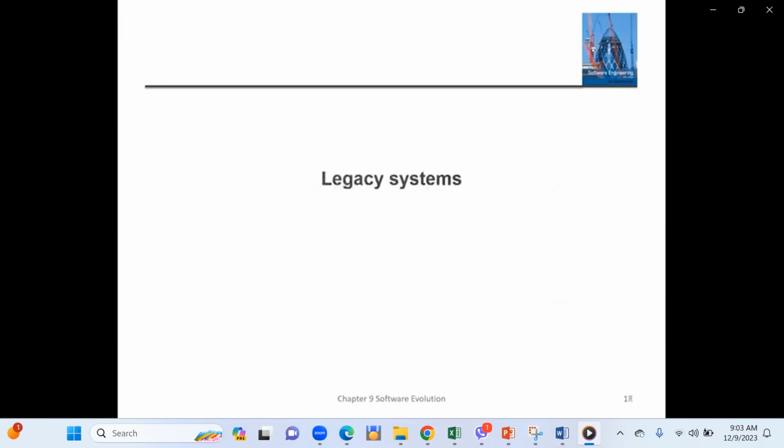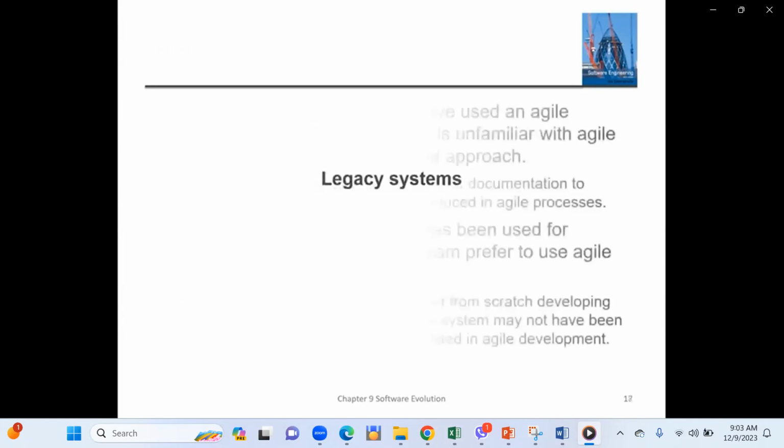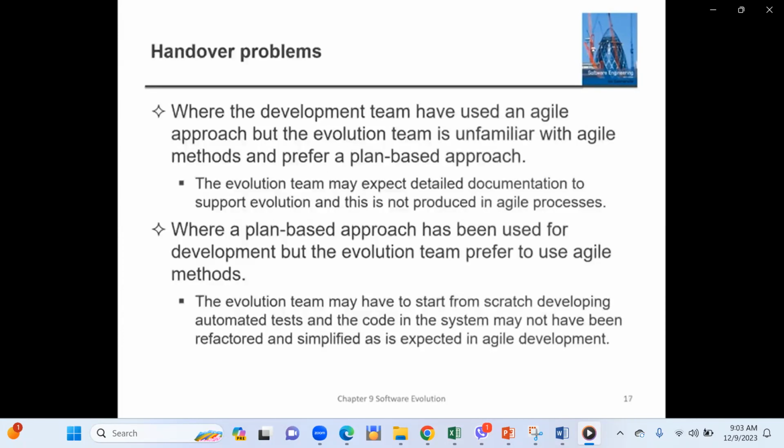So in the next class we are going to cover the legacy system. For today's class we have done the evolution process. I have explained the types of evolution process. If you want, you can note it down also. In the first stage you have to bring the changes, that is